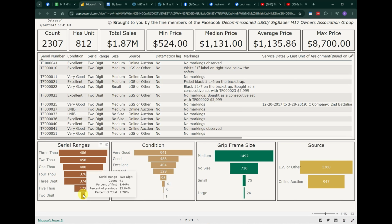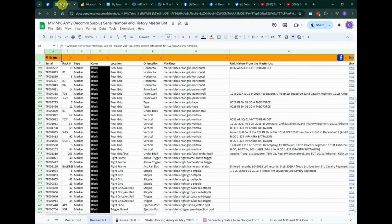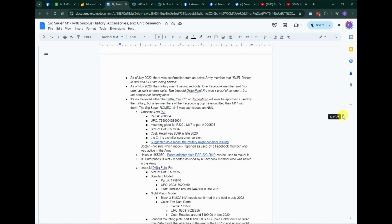fact that there's only 100 2 digits out there, we've seen over half of them. Out of the 3 digits, we've seen 374, so that is now roughly 37% of them. Great information here on the dashboard as well as the spreadsheet that we have been capturing information on. There's one other